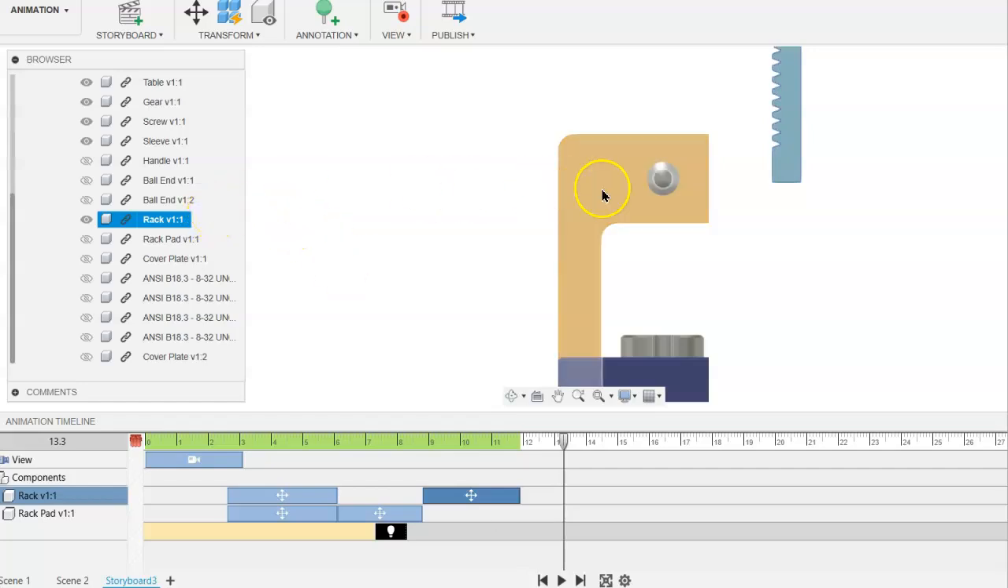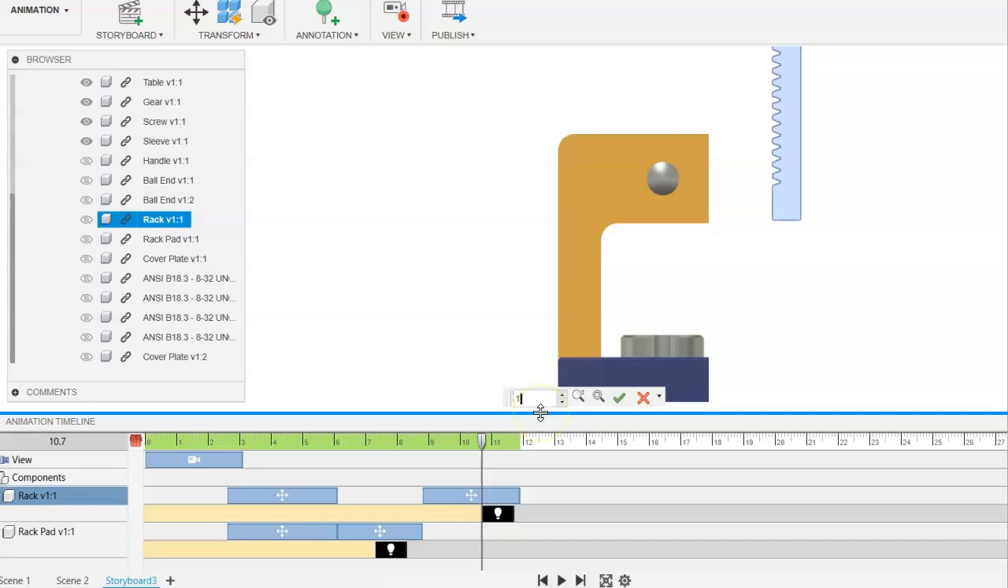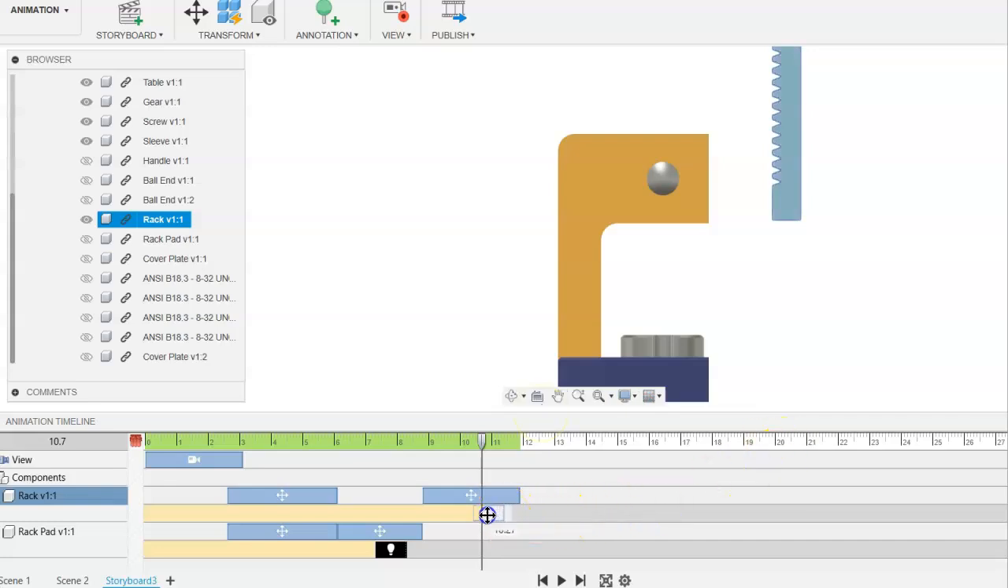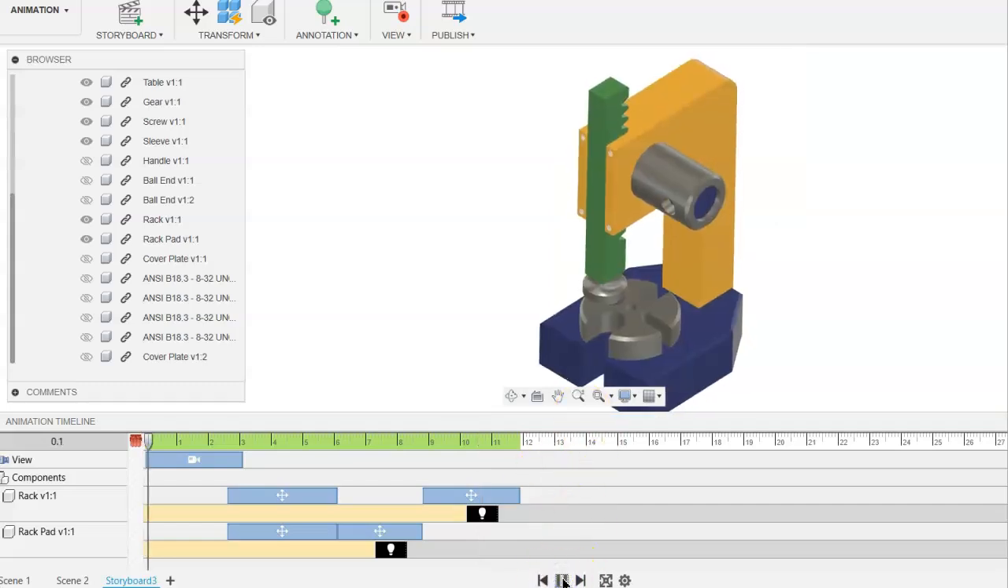And then again, just like before, if you wanted to fade away, just place the playhead in the position where you want it to start to fade away, and then click on the eye. Then you can change the duration if you want to and reposition it. So that way when you start this animation or this scene,